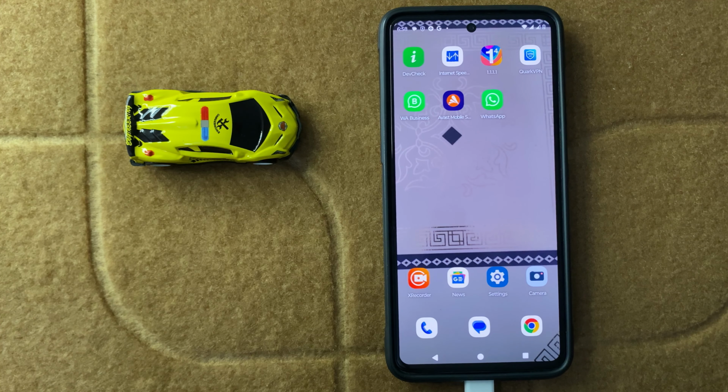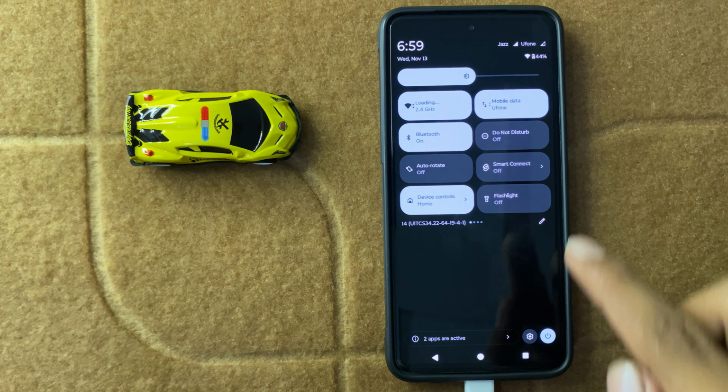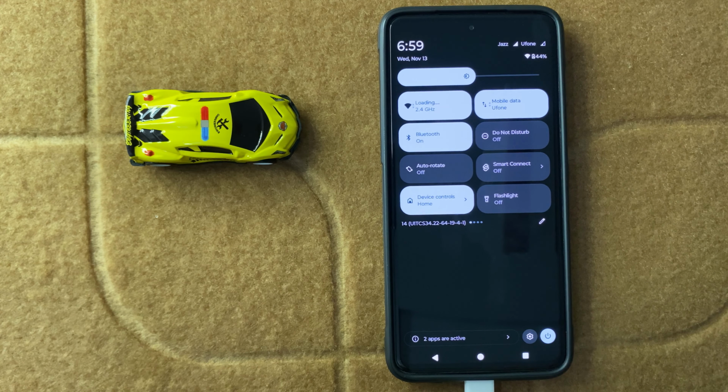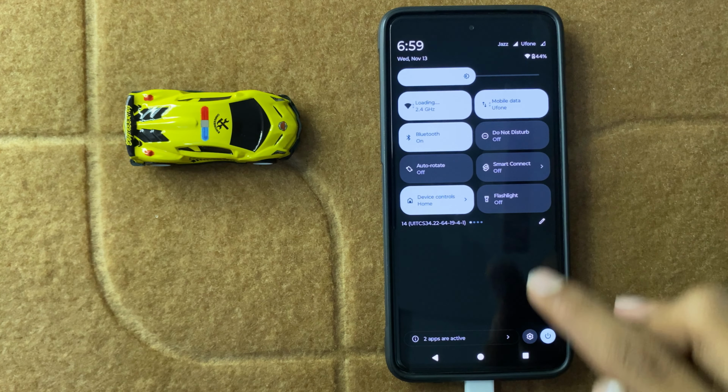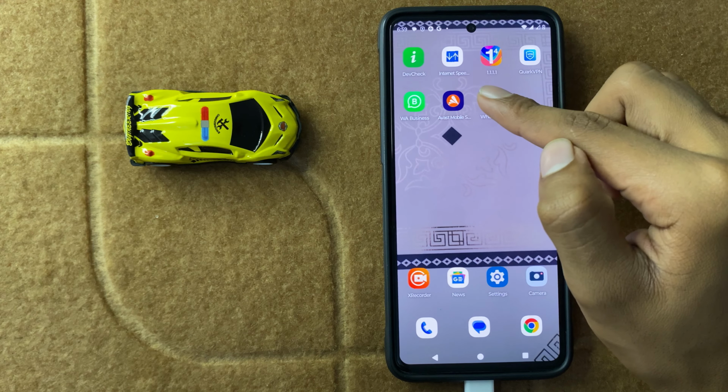First of all, open Control Center, and here you can check your Do Not Disturb. If you turn this button on, then turn it off. After turning off Do Not Disturb, press and hold on your WhatsApp